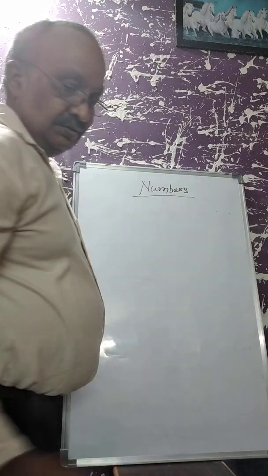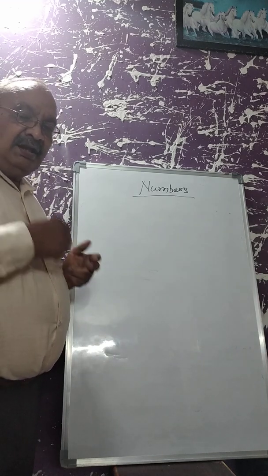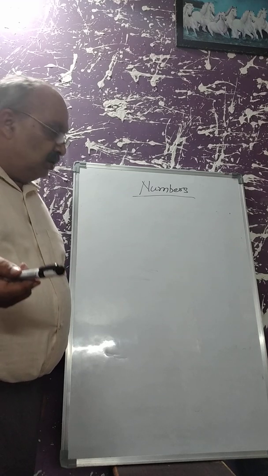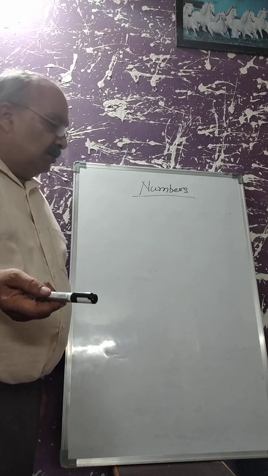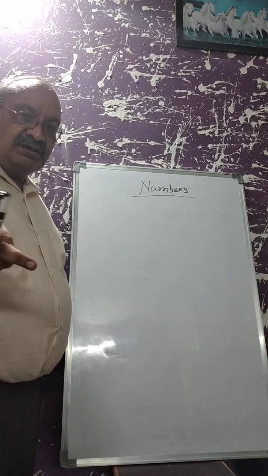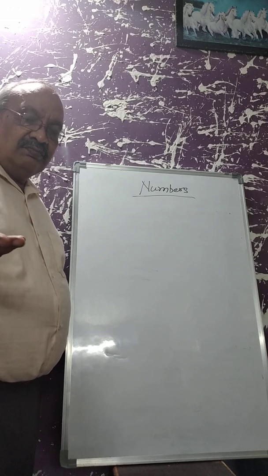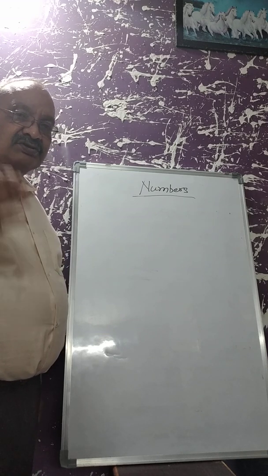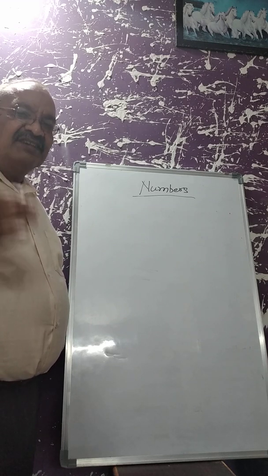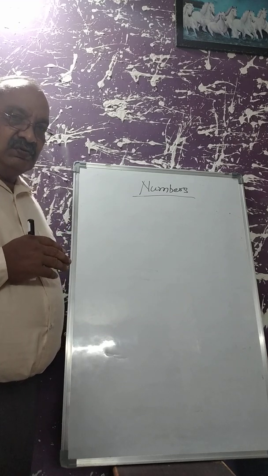So I hope you now know how you will be able to expand any number, and if any expanded form is given, how you will be able to make a number. Both the questions, if given to you, you will be able to solve, isn't it? And I have explained about the place also. You will be able to find out the place of any number also.